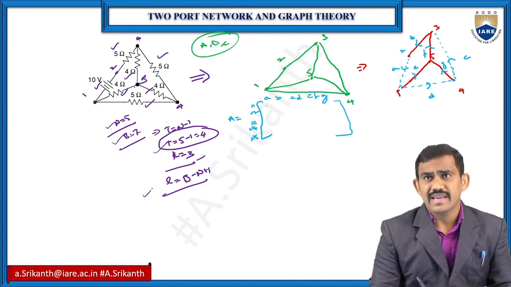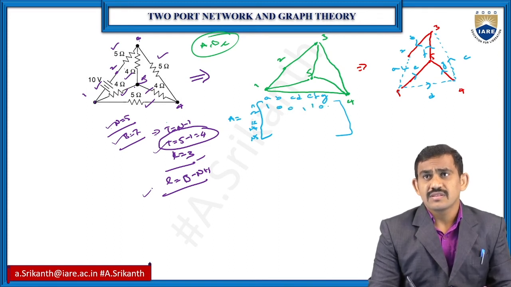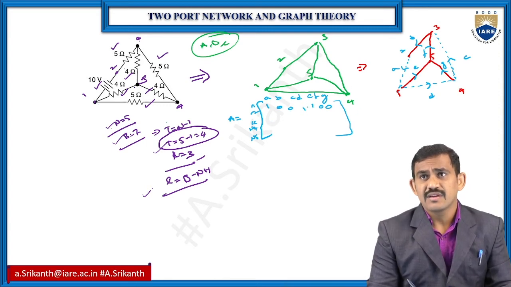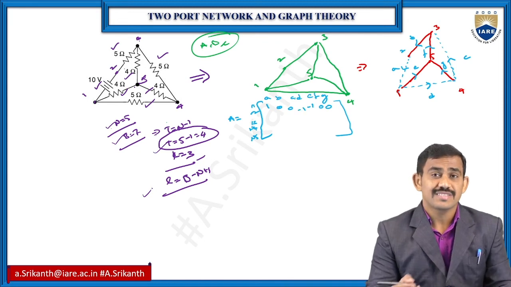So write the values for A, E and D, and the remaining are zeros. Then what about direction? A is incoming, so we have the plus value. E is outgoing, so we have the minus value. And D is also outgoing, so minus value. So incoming are positive, outgoing are minus.